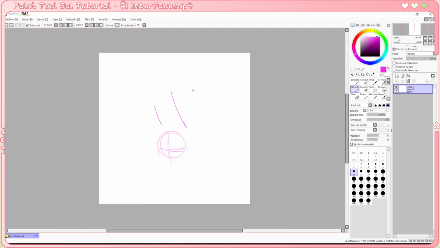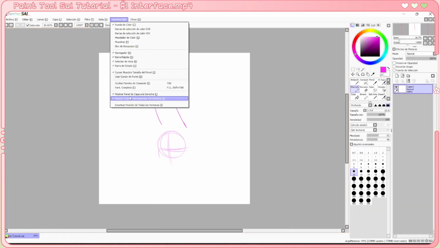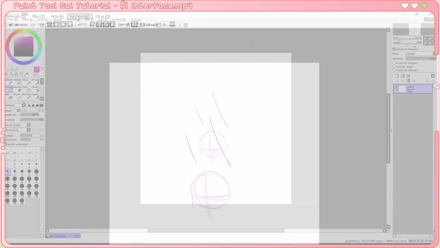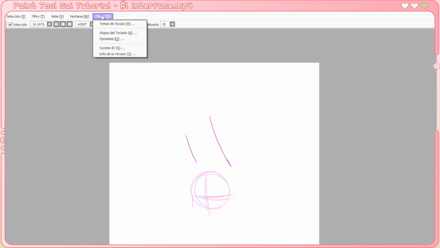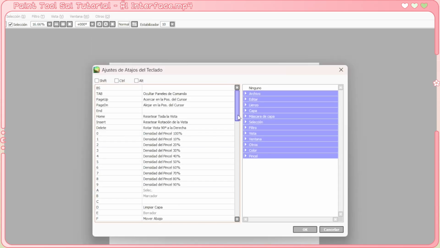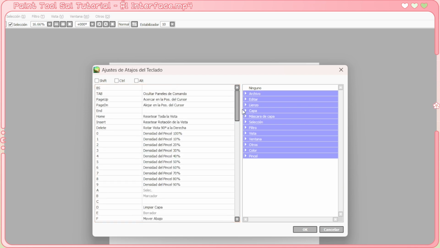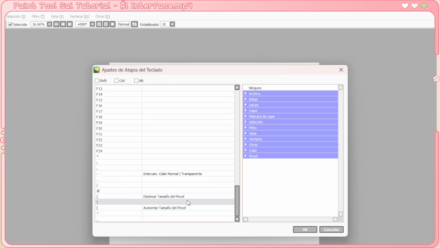Or if you want to, on the right, you can do it too. It's just whatever is more comfortable for you, and this is more comfortable for me. I'm used to working with the panels like this. And then we have others. The only important thing in others is the key shortcuts, where you can change anything you want. I think we changed two key shortcuts for two different tools, making the pencil bigger and making my